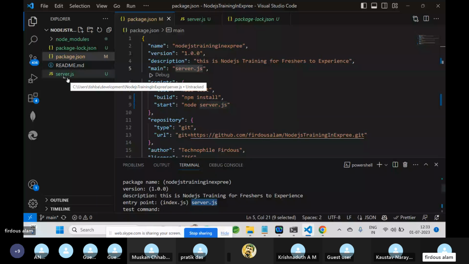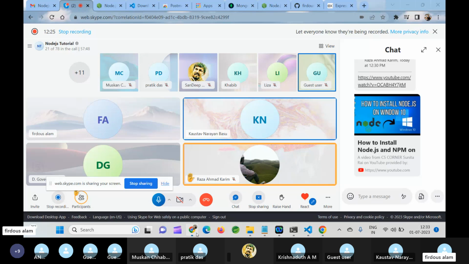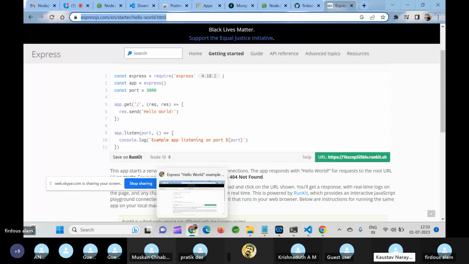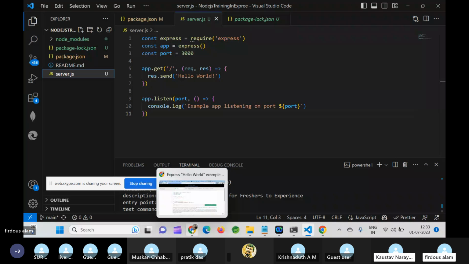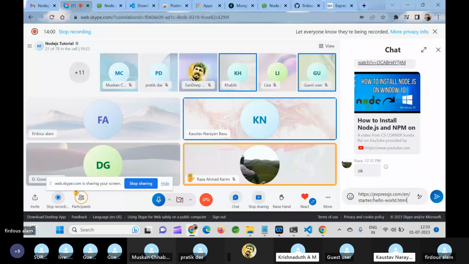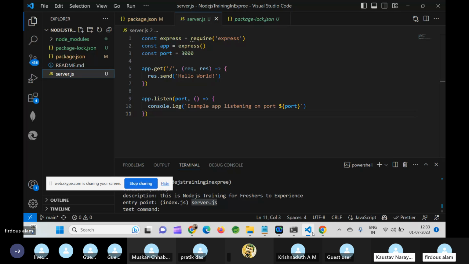And inside that file, what I did is simply go to the Express website, copy this code and paste it there. So I'm sharing my screen. From here I just copied this code and pasted it here.